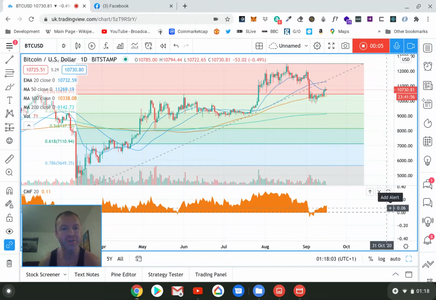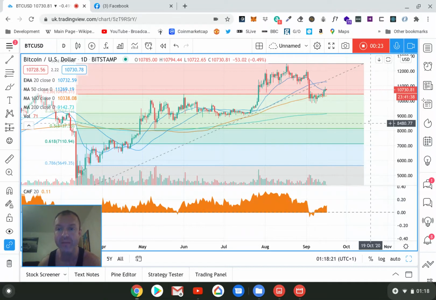Well, I'm going to have a look at some charts tonight. Very interesting tonight, some of the things I've noticed. Going to have a look at Bitcoin, then we're going to have a look at some of the market cap charts: the total market cap without Bitcoin, and then the dominance. So Bitcoin first, all on the same time frame today.